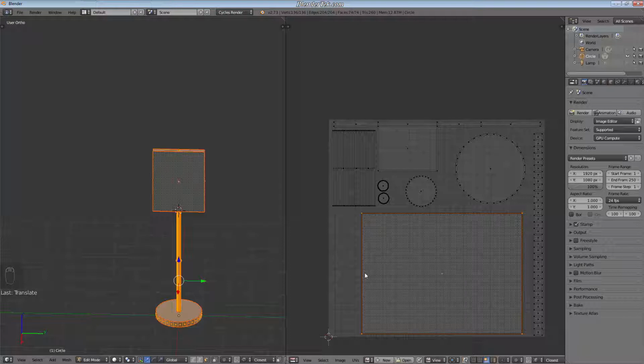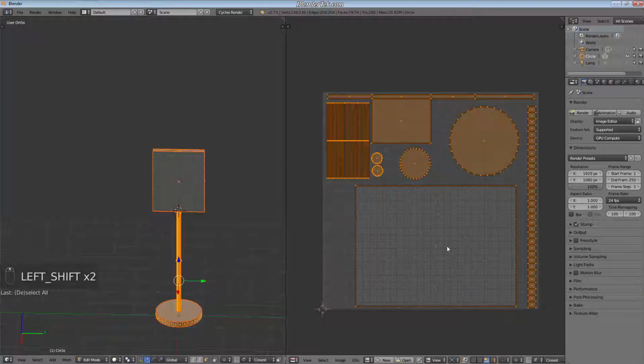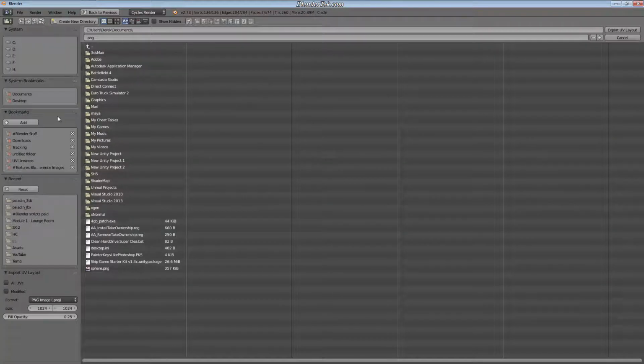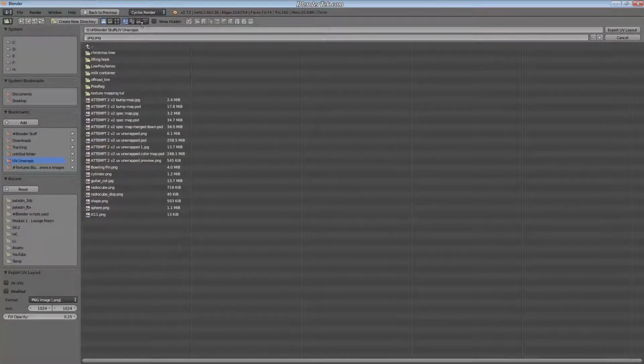So the quick little texture painting trick I wanted to show off, I wanted to show for a while but I've always forgotten, is to actually mark off parts of this using texture painting before we actually take this into our image editing software. To do that, we just export our UV layout as normal. So UVs, export UV layout. I'm going to export it to my UV Unwraps folder. I'm going to make a new folder called